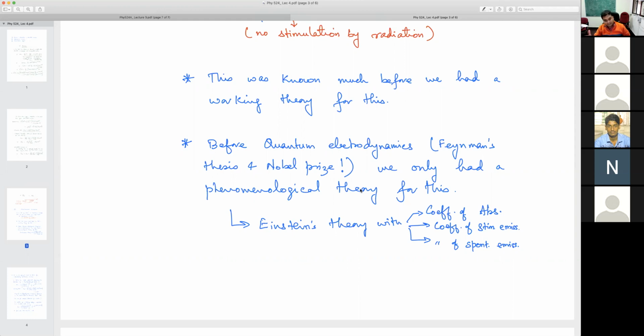So I work in condensed matter theory, and in condensed matter we are dealing with 10 to the power 23 electrons, 10 to the power 23 atoms, right? So there are a lot of phenomena which happen when all of these come together. And there is no way I can start from the Schrodinger equation and solve 10 to the power 23 coupled Schrodinger equations together. There's absolutely no way. Nobody in the world can do that, actually. Okay, I would even go on to say nobody in the universe can do that.